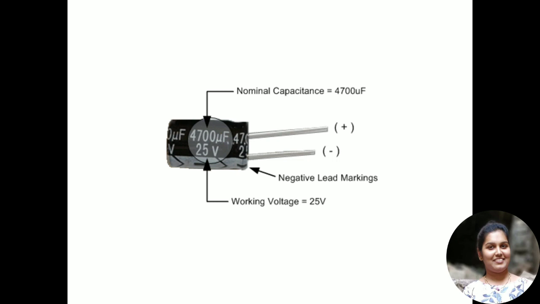So, while we handle electrolytic capacitors, the polarization point should be kept in mind, and also this reverse voltage point. While using them in smoothing circuits, the sum of the peak AC and the DC voltage may sum up, and there may be a chance of becoming reverse voltage. That also should be kept in mind. Okay.